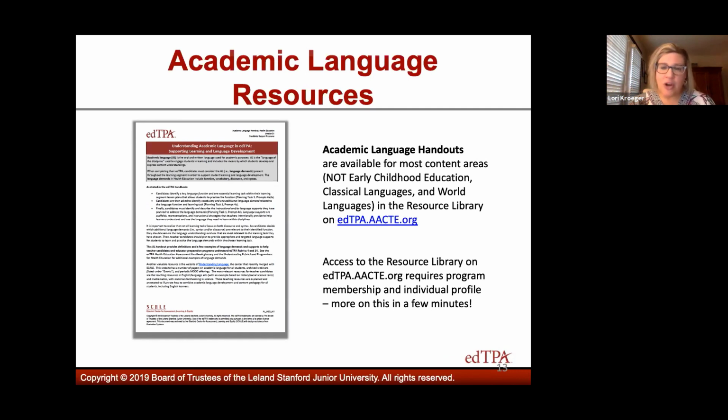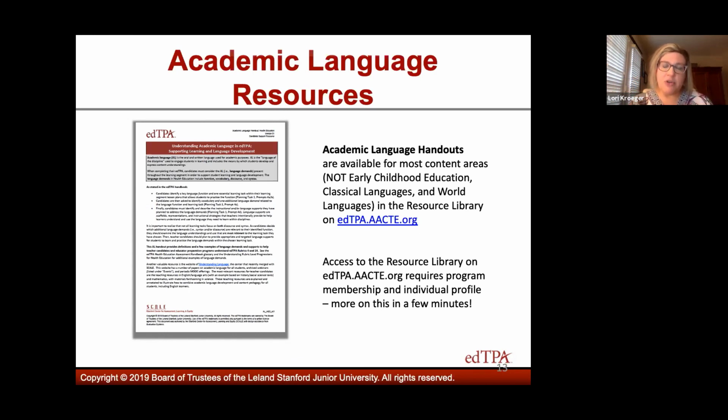But for every other content area, there is a discipline-specific academic language handout. I really cannot talk about these enough. They're amazing resources, because they break down academic language for that particular content area. They give an overview of what academic language is, but also provide some discipline-specific examples. So I would highly recommend these.